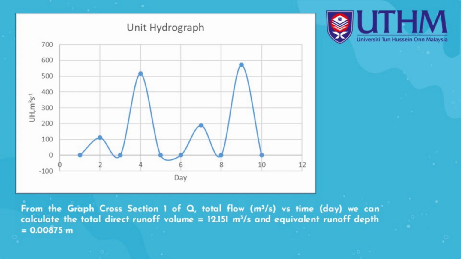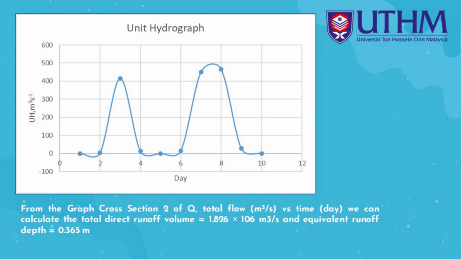Okay, as we can see from the graph of cross section 1 of Q total flow against time, we can calculate the total direct runoff volume equals 12.151 meter cube per second, and equivalent runoff depth equals 0.00875 meter. Okay, from the graph of cross section 2 of Q total flow against time, we can calculate the total direct runoff volume equals 1.826 times 10 to the power of 6 meter cube per second,